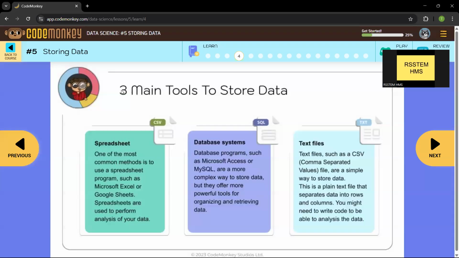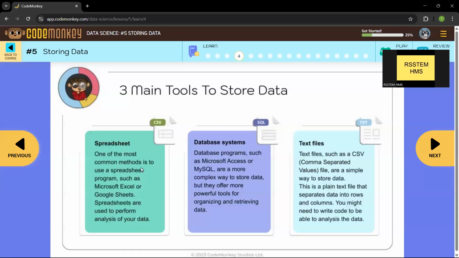So most of the time nowadays, we use three main tools to store data. The three important tools which we use to store data are, first of all, spreadsheets. And spreadsheets, you guys will most probably be using this the most. Okay, so Google spreadsheets and Microsoft Excel, we will cover in depth in the future, but I will touch up on them a bit.